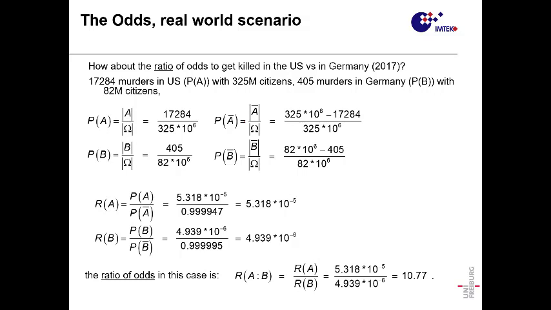Then I go to Germany? No, it's not like that, but it could be. Should I take this class? Well, what are the chances to pass the exam in this class? Well, we make the ratio, and you see all the people who have passed the exam over the total people who have taken the exam, and so on and so forth. You could make decisions with this. It sounds unrealistic, but it's actually something that you can do in real life. When you make a list of pros and cons for a big decision in your life, actually using the odds might not be such a bad idea. I hope I put it clearly.